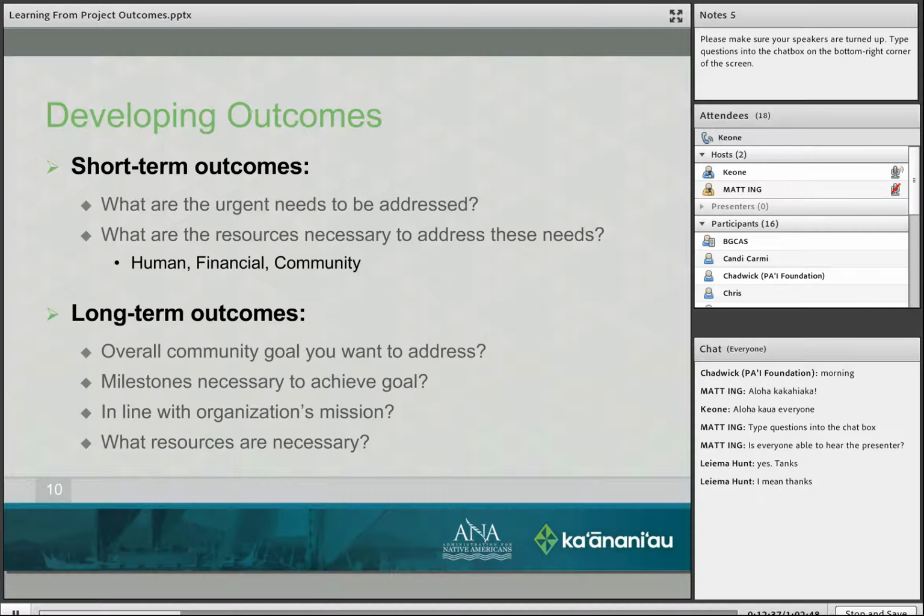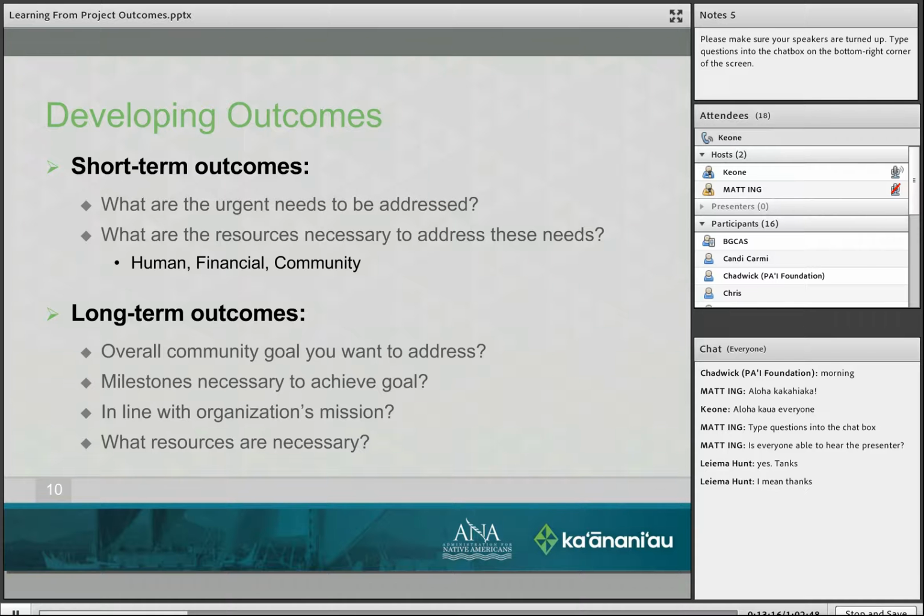Once you get an idea of these urgent needs, you're going to have to look at what are the resources necessary to address these needs. How can you bring together the things necessary in order to address these needs? And what are the human resources, the financial resources, the community resources? From that, you can start looking at what your outcome should be. For some organizations, the outcome should be the development of a language curriculum.